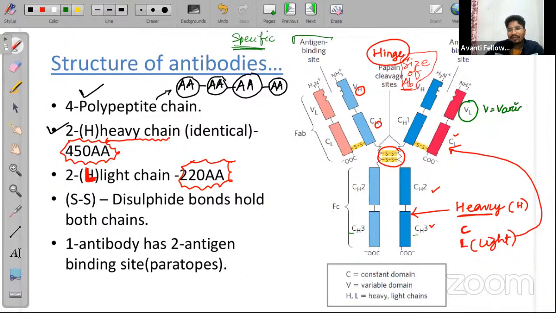Other than this particular region, in all the parts the composition of amino acids will be similar or the same. That's why it is the same in every case, so it is called the constant region. It never changes. The C region, the lower C region, is constant. Only the topmost part is called your V region, that is variable region, and it changes due to change in the amino acid content. Right, and why is this changing,